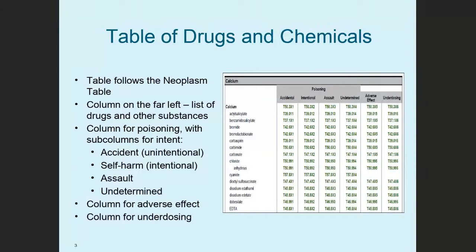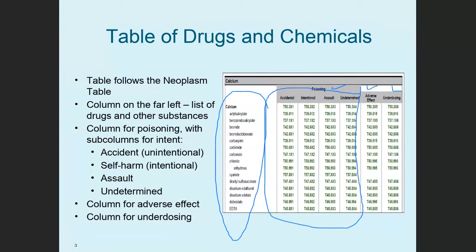This is a partial copy of the table of drugs and chemicals, showing the headings at the top of the table. The table is found in your ICD-10-CM book between the neoplasm table and the external cause index. On the left-hand side of the page is an alphabetic list of drugs and other substances. Then there are columns for poisoning, adverse effects, and underdosing. Note that there are 4 subcolumns under poisoning,